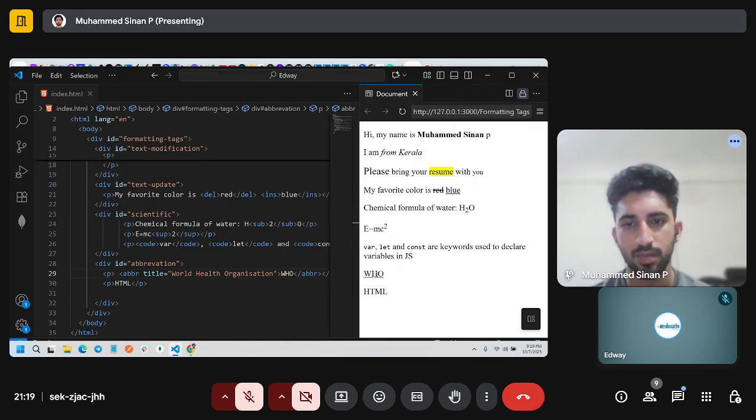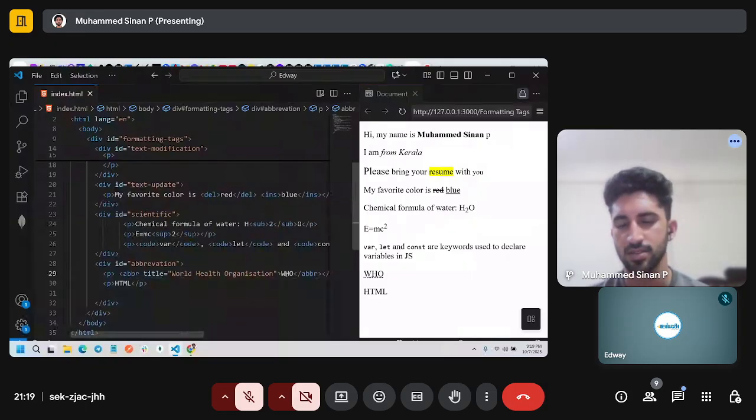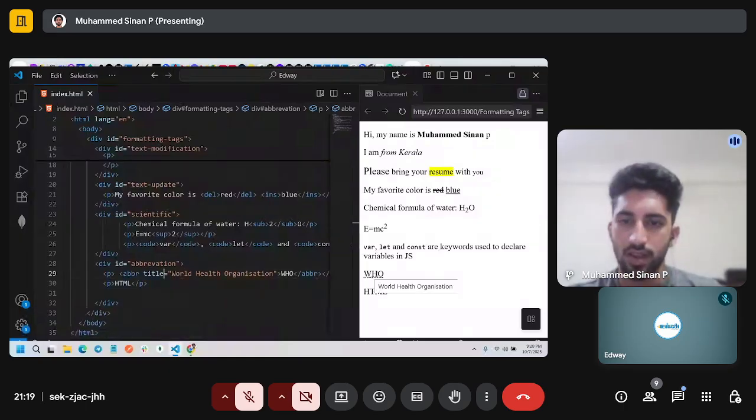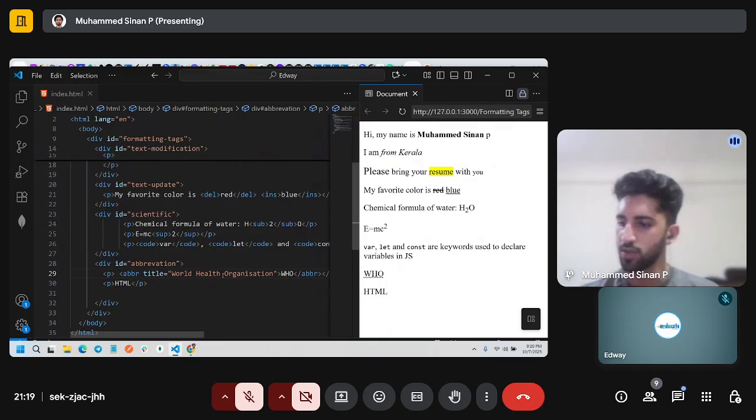This became an abbreviation with the title World Health Organization. When a screen reader goes to this, you can see the World Health Organization. When I move the cursor to the WHO, you can see the title World Health Organization. And that's the main use of abbreviation.